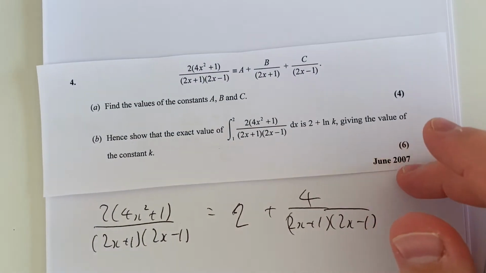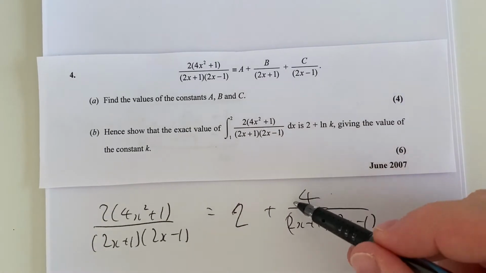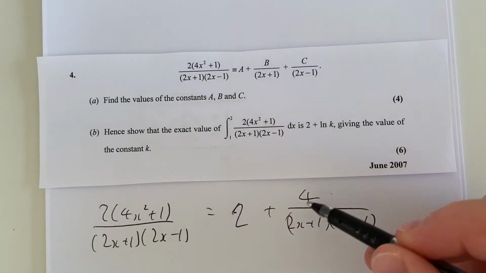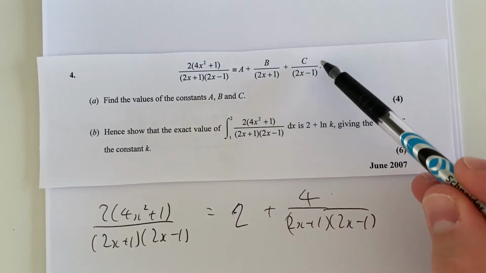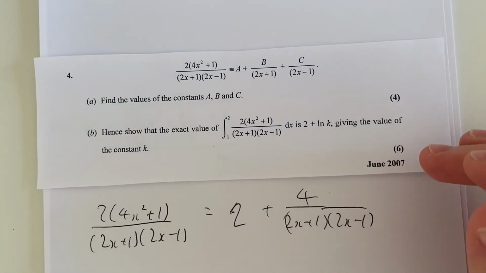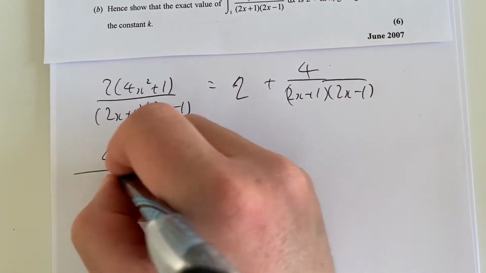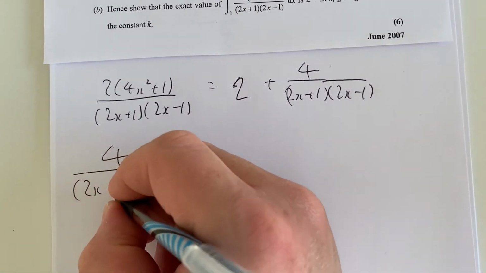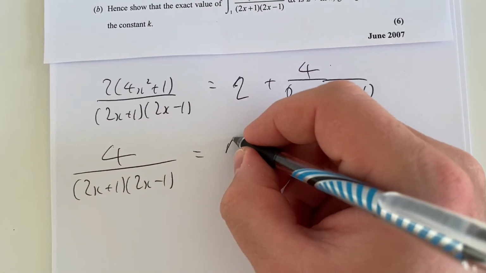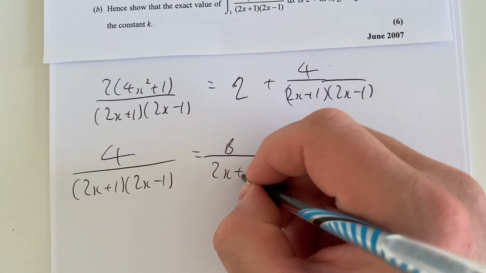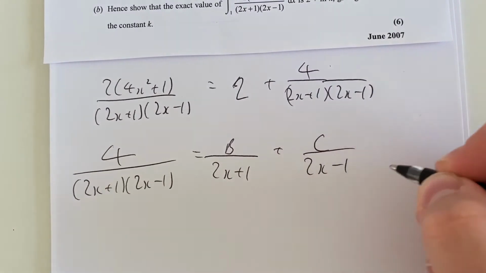Now the bit that comes up next is the partial fraction section of the question, because we need to split 4 over (2x plus 1)(2x minus 1) into b over 2x plus 1 and c over 2x minus 1. So if we say that 4 over (2x plus 1)(2x minus 1) is equal to b over 2x plus 1, add c over 2x minus 1,